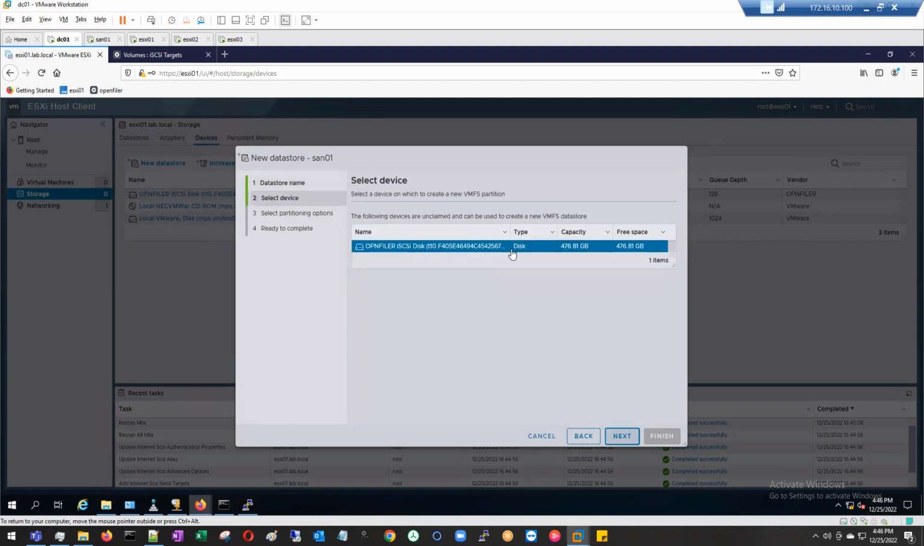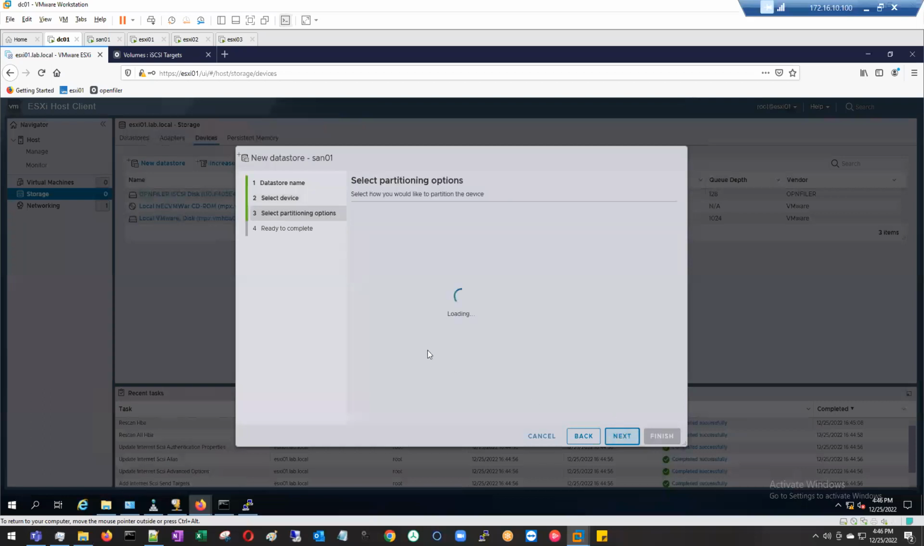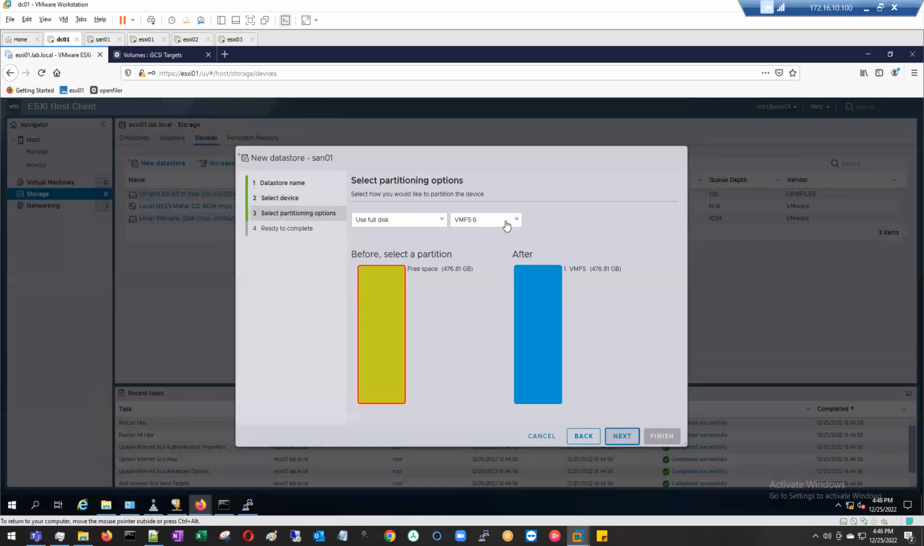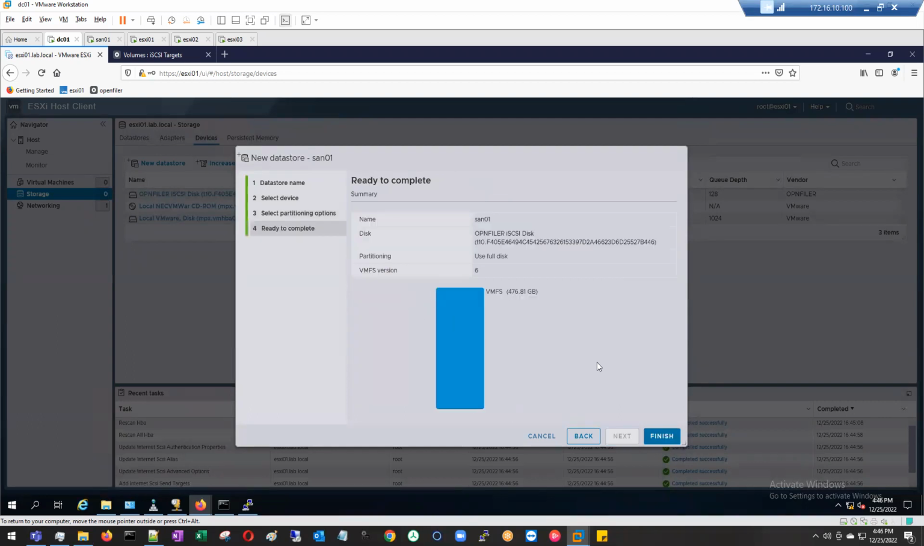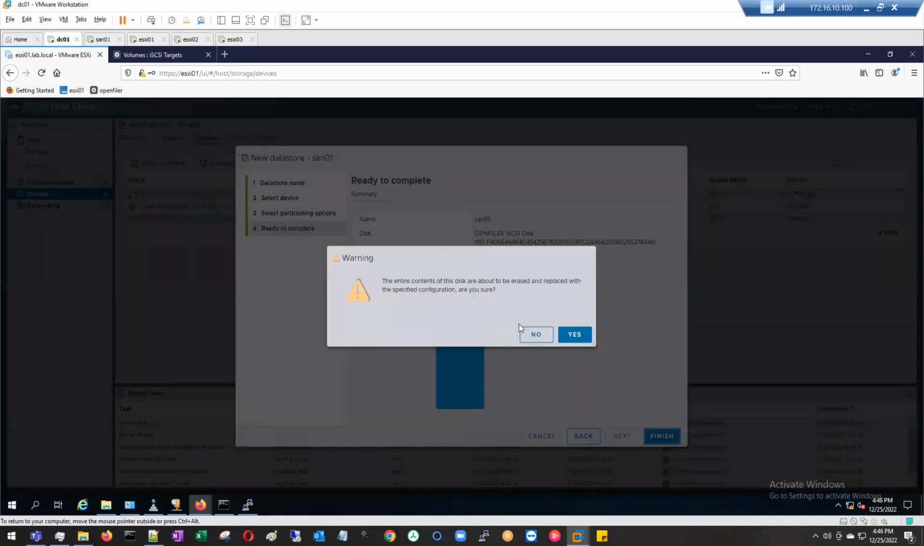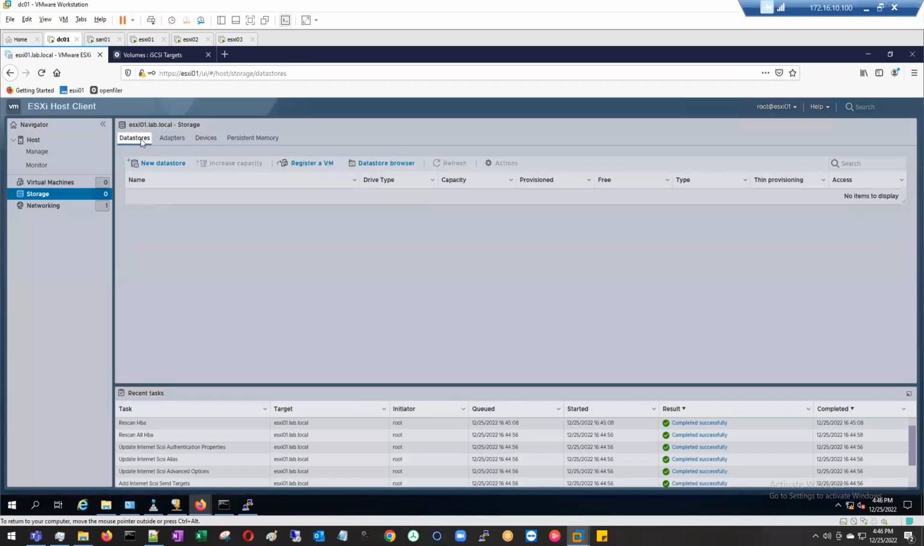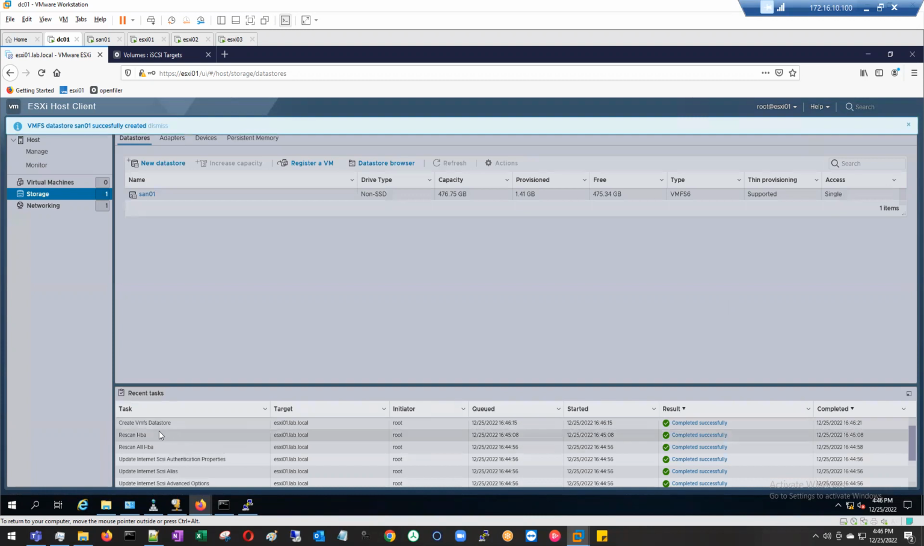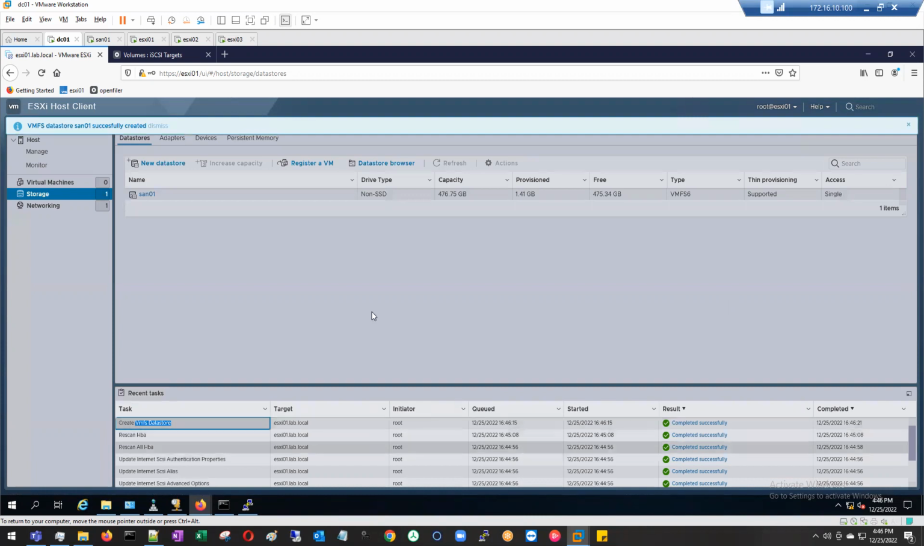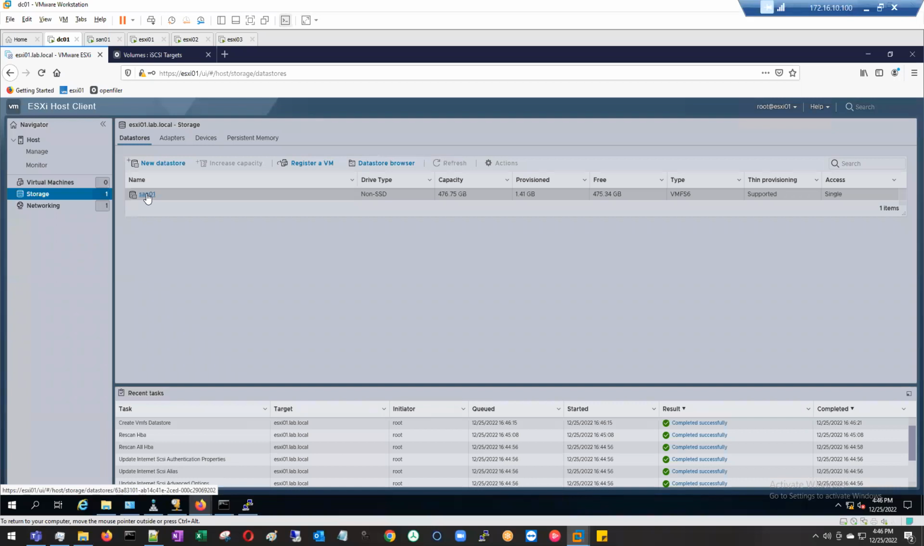I choose the disk from the OpenFiler. I say that I need to use the full disk. I use the basic version that is mentioned over here, and I hit finish. It says that whatever you have on the drive will be gone. It will be formatted. And I say, that's fine. Go ahead and do this. Okay, you see a task ran over here, create data store. It got created, and I have a SAN01. Now this is SAN01, the data store where I can keep my virtual machine disks. Okay. Now,